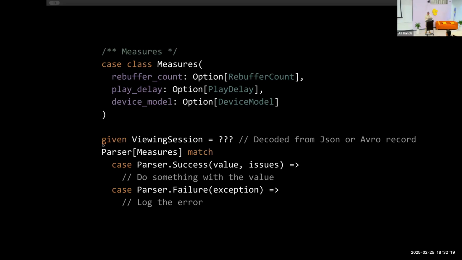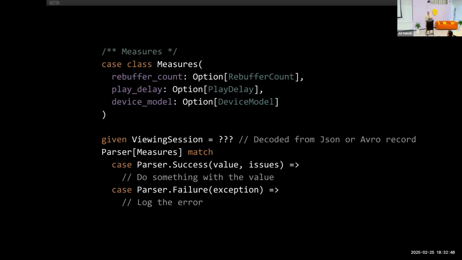And you would have a given for viewing session. Here I didn't implement it, but let's say we're decoding the events from a log, from Kafka, whatever, and it's JSON. So we just initialize the JSON into this object, or Avro records. We have Avro also. And then what you would do is call parser of your case class, and it will give you a parser result that can be a success or failure.